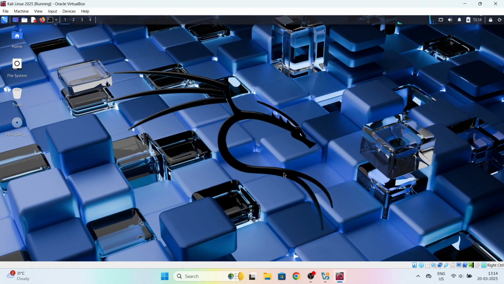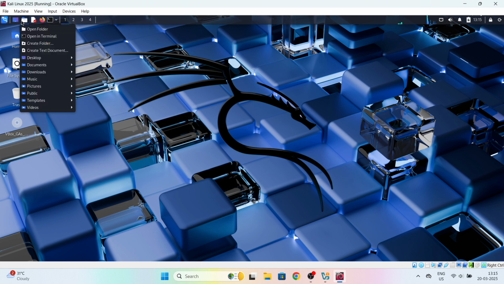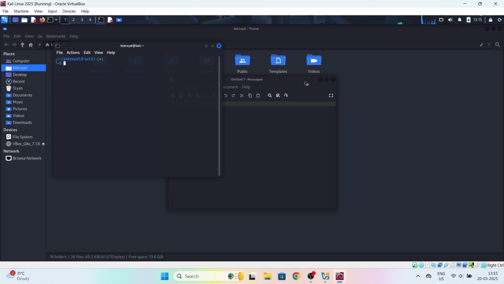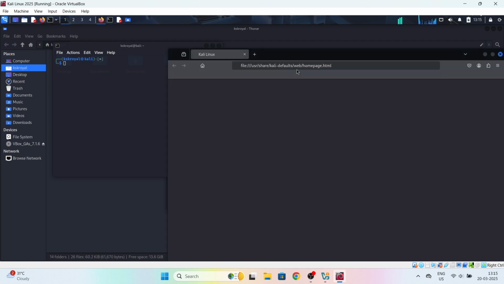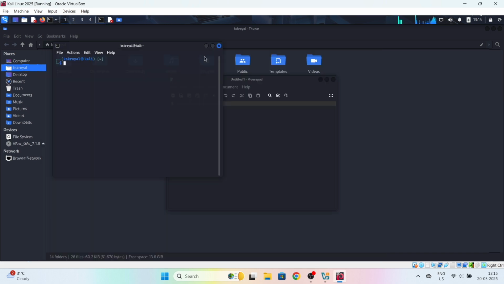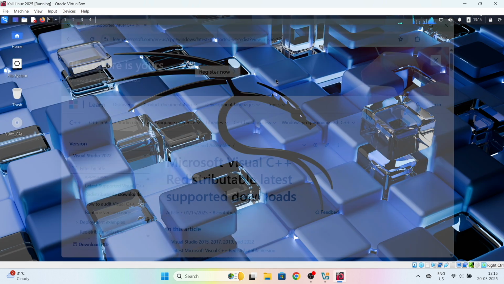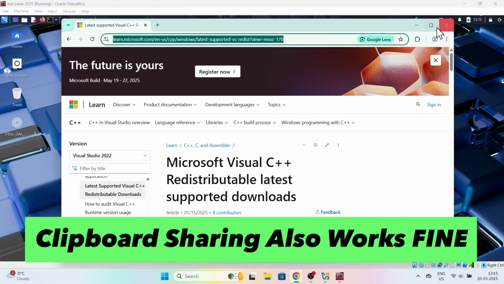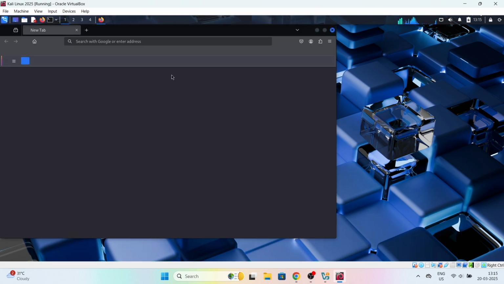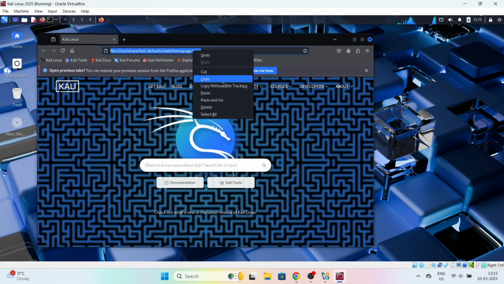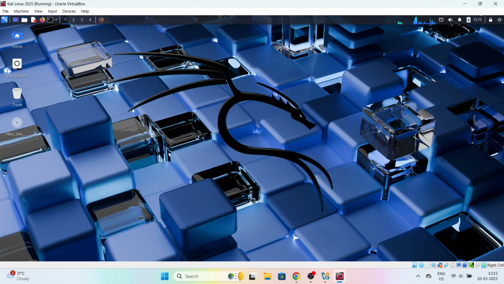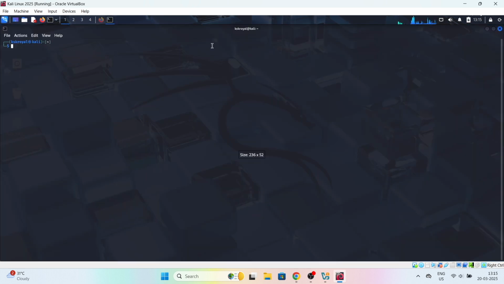And voila, as you can see, Kali Linux runs super smoothly. This is how you properly install Kali Linux 2025 in a VirtualBox on any Windows PC or laptop.